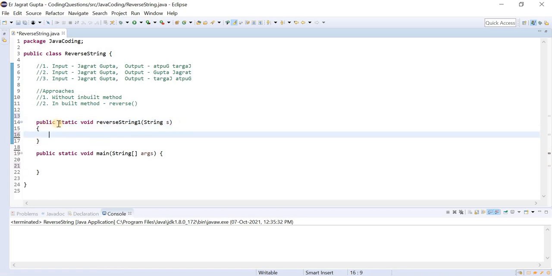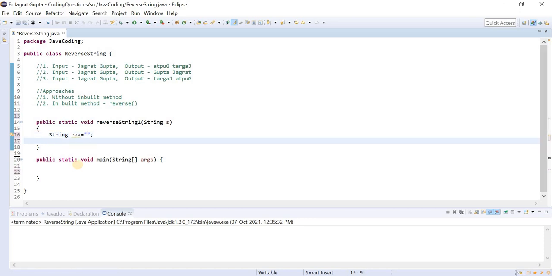I made this method static so that we can directly call it in our main method. Whatever the output will be, we need to store that output in a string. For this purpose I will make a variable, reverse, and initialize it with an empty string.